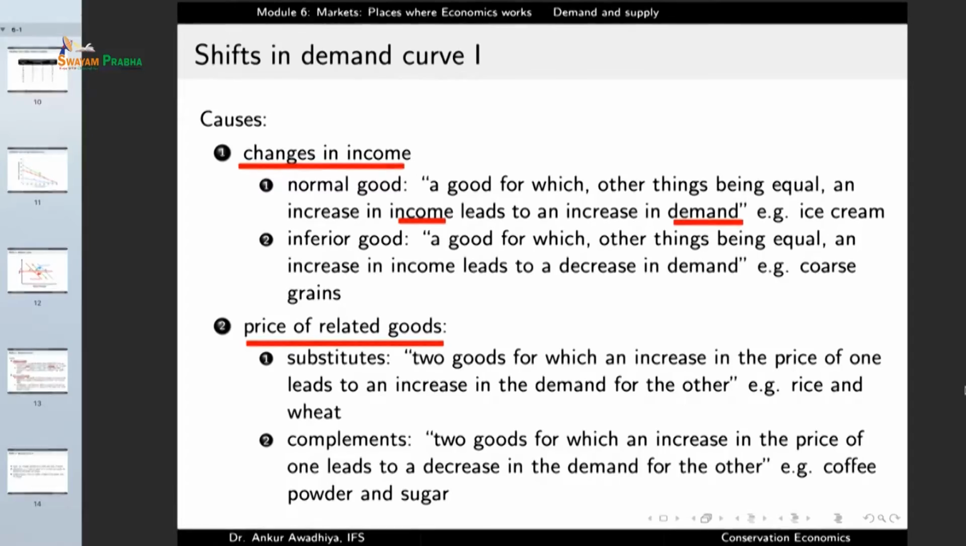Other goods are things that are known as complements. In the case of complements, it is two goods for which an increase in the price of one leads to a decrease in the demand for the other, such as coffee powder and sugar. So, if there is an increase in the price of coffee powder, now coffee powder and sugar are used together when you make coffee. So, if there is an increase in the price of coffee powder, in that case, your coffee becomes more expensive, and you will try to reduce the amount of coffee that you are drinking and